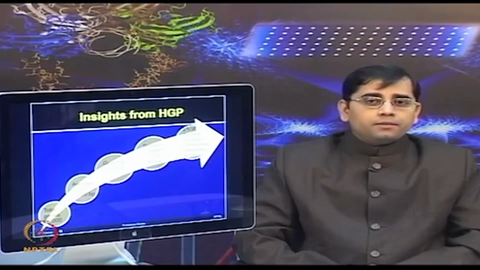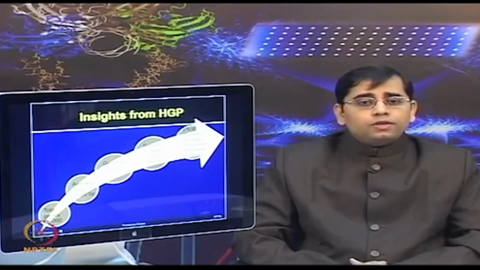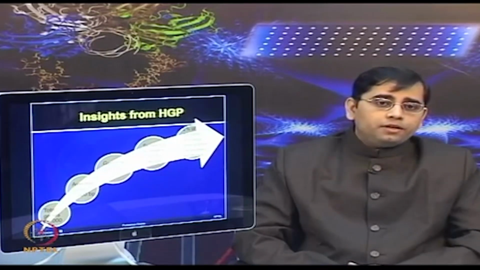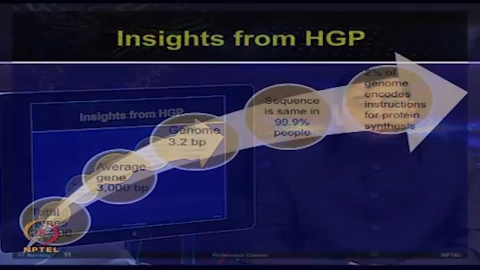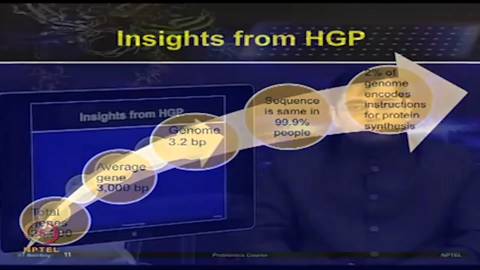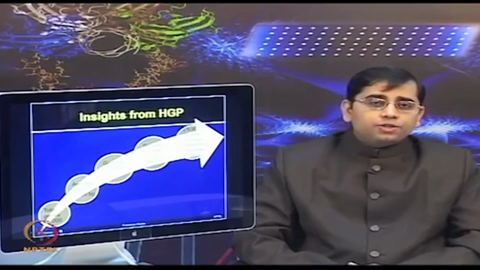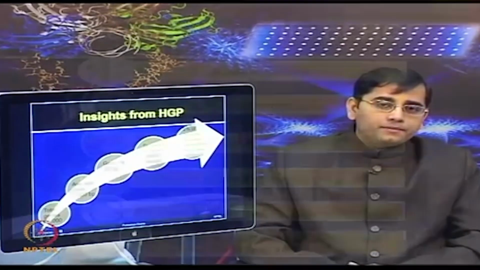The Human Genome Project provided insights for various details, such as the total number of genes, which is estimated to be around 25,000. The average gene consists of 3,000 base pairs. The human genome consists of 3.2 million base pairs. The human genome sequence is almost 99% the same in all people,